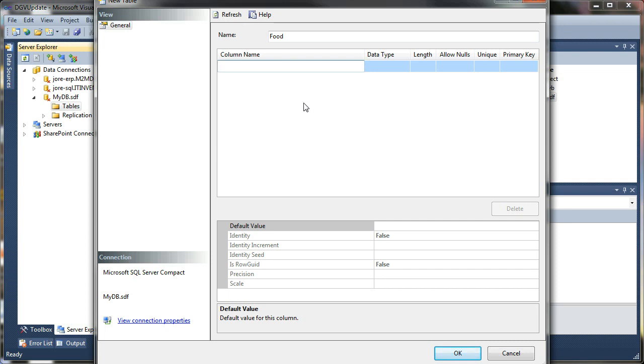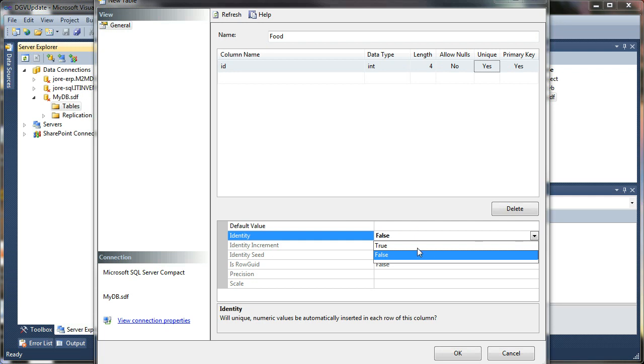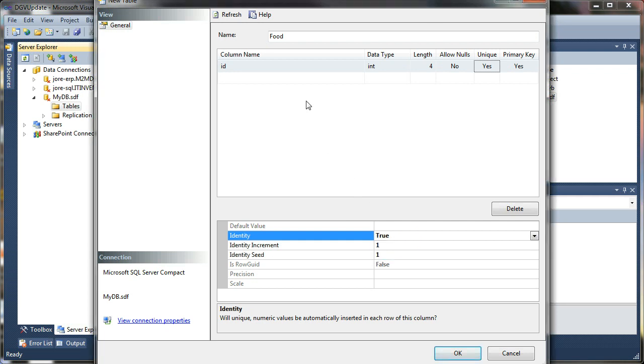And for the first column, I'm just going to create an ID column, and I'm going to make that an integer. Allow nulls, no, it's going to be a primary key, and it must be unique because I'm going to set this field to auto increment. So if you select identity down here, it will make it an auto incrementing field, and every time you add a record to your database, it will